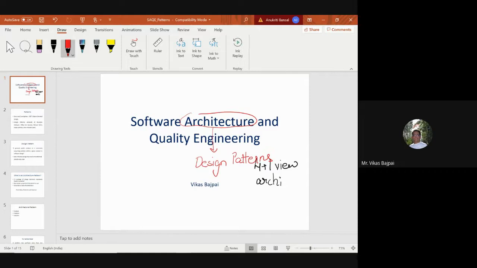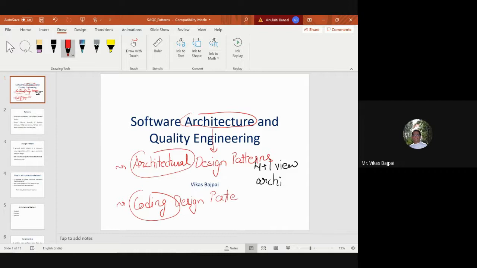In some of the literature, you will also find it as architectural design pattern. Right, there are two things. Don't mix up the things, because most of the terms are common. One is your architectural design, another one is your coding design patterns. And in both these cases, you will find some similar names, but here we will talk in terms of architecture. In the other, we basically discuss in terms of your coding. That means the actual implementation.